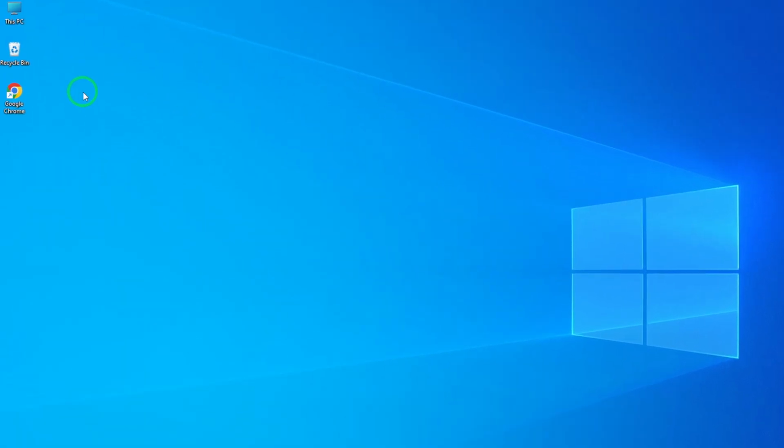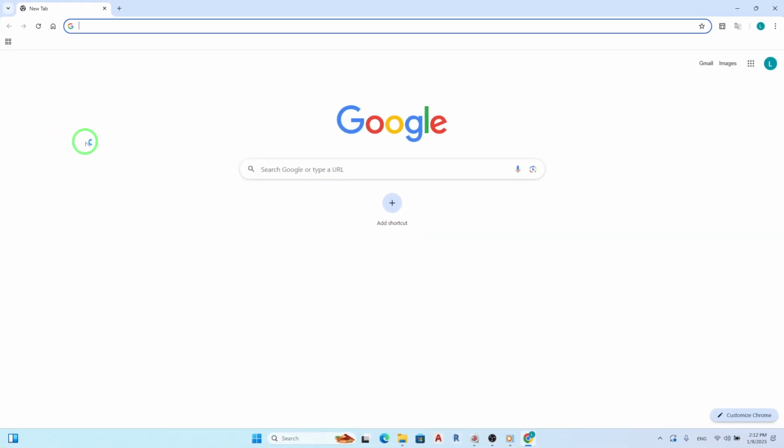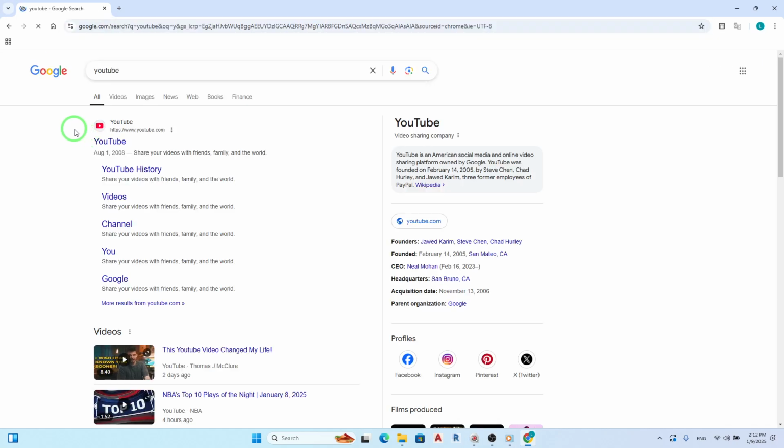First, open your Chrome browser. If you don't have it running yet, locate the Chrome icon on your desktop or in your taskbar and double-click to launch it. Once Chrome is open, navigate to the site you want to adjust. This could be any website that you frequently download files from, or one that you're unsure about regarding its download